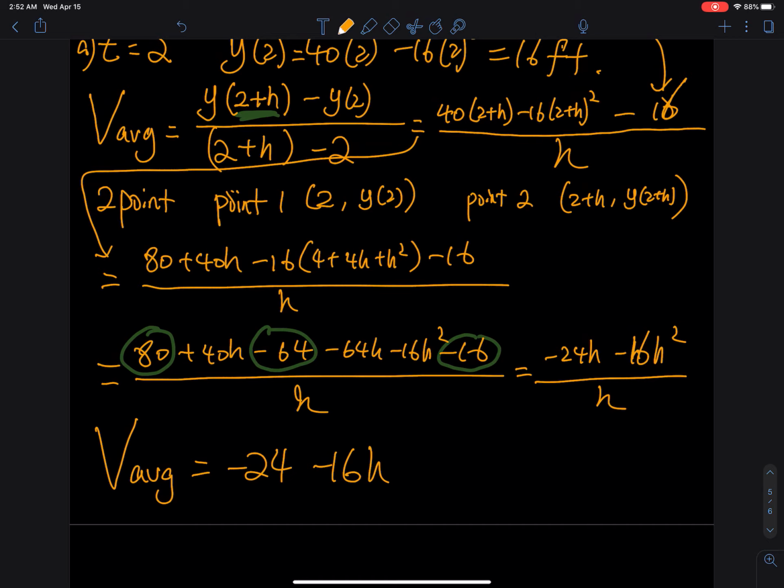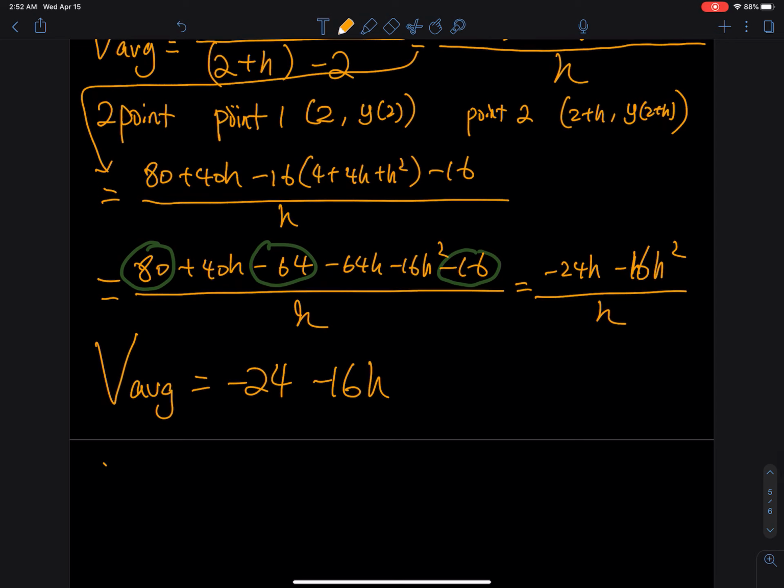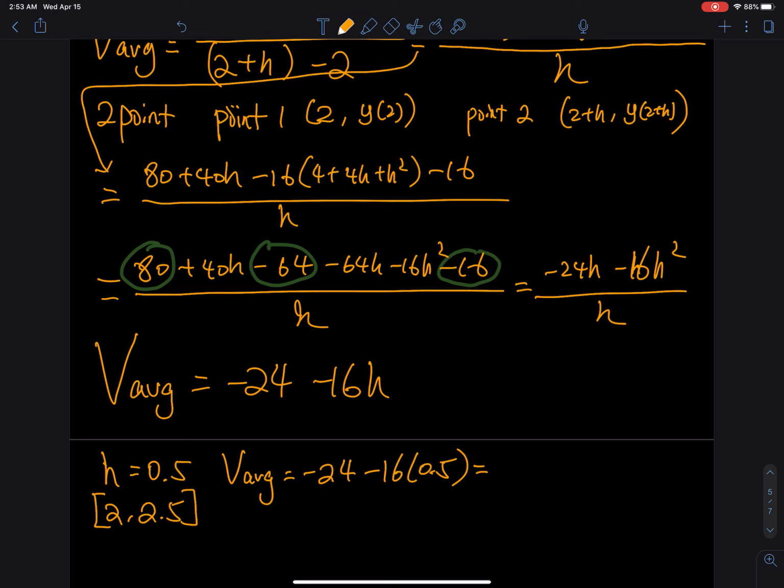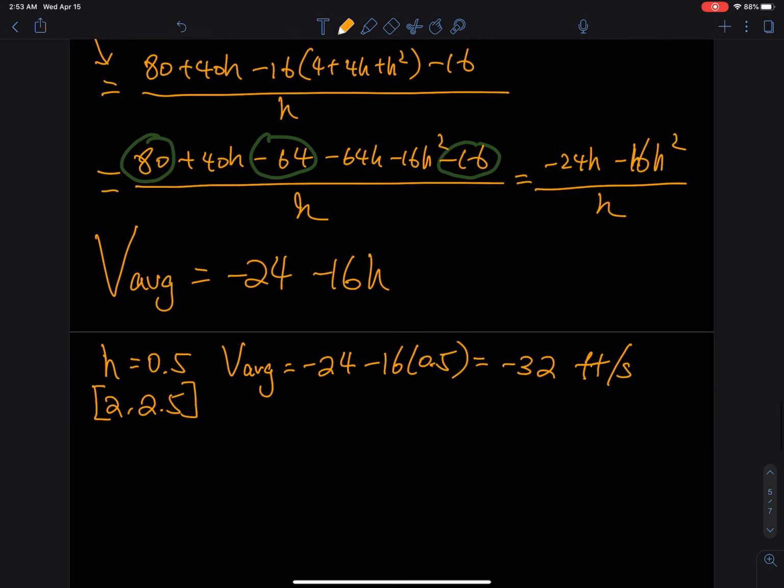We are able to take care of the time window. So the first one they gave you is 0.5. So the time window is from 2 to 2.5, and then the average velocity equals negative 24 minus 16 times 0.5, that equals negative 32 feet per second. And then the next one is h equals 0.1, so it looks like they are trying to